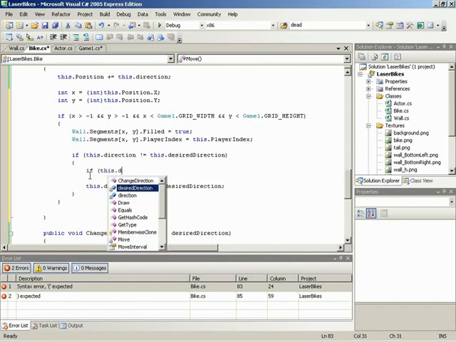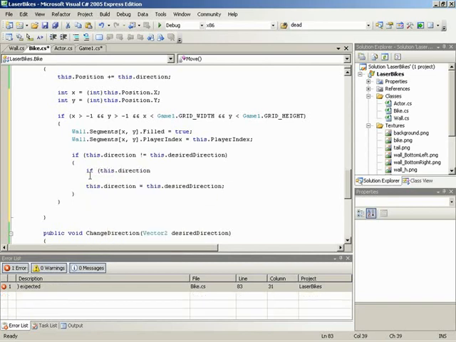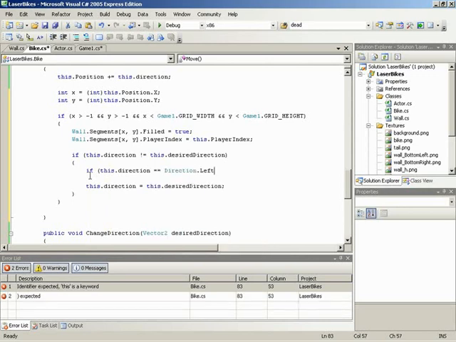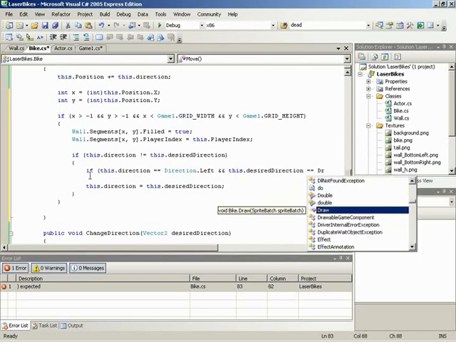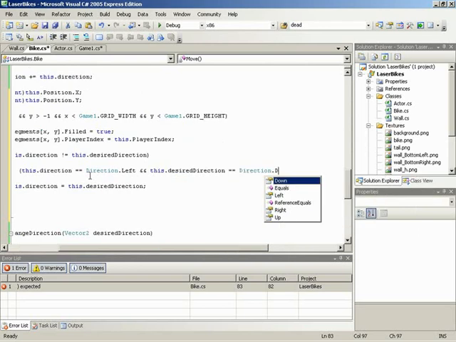We'll check the current direction. And we'll see if the current direction is equal to direction dot left. So is our current direction left, and is our desired direction in the down direction? So is the desired direction equal to direction dot down? So what this means is if we are currently traveling left and we are about to be traveling down,